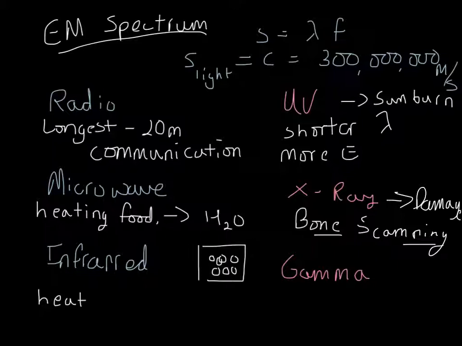Gamma rays at the bottom have the highest energy, and they have the shortest wavelength. Gamma rays don't occur very often. In order to generate a gamma ray, you have to have lots of energy. This energy is usually in the terajoules, which is 10 to the 12 joules of energy for a single particle. So that's a lot of energy. And that a lot of times comes out of a radioactive decay of some unstable piece of matter, or it can come out of a particle collision at high energies, like at the CERN particle accelerator in Europe.